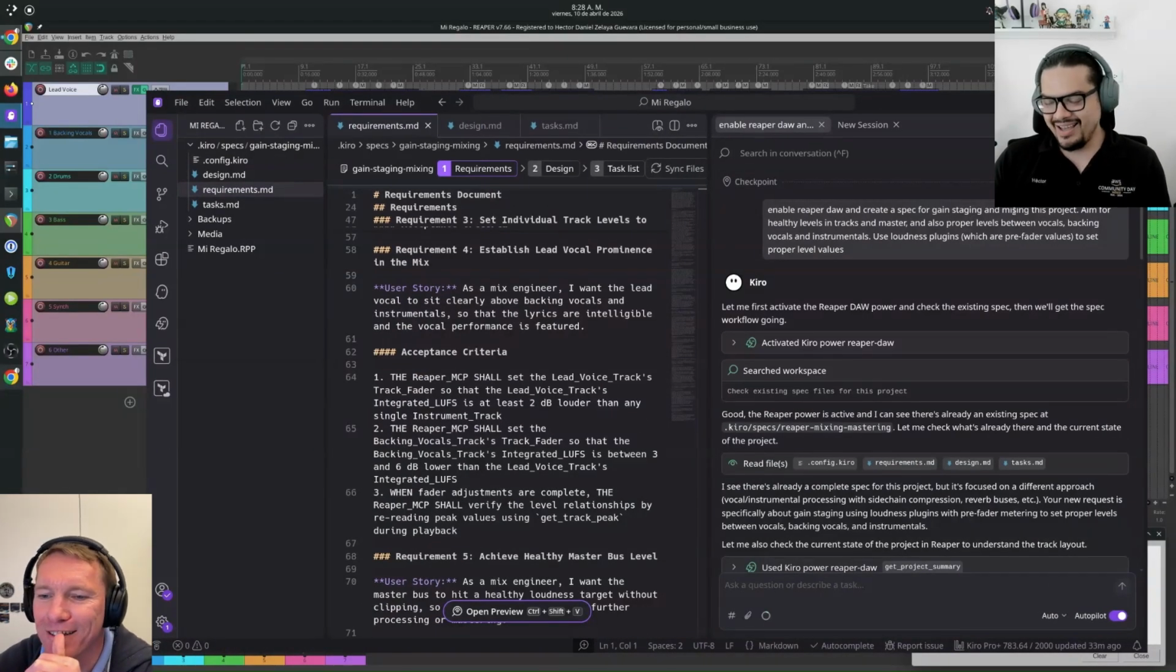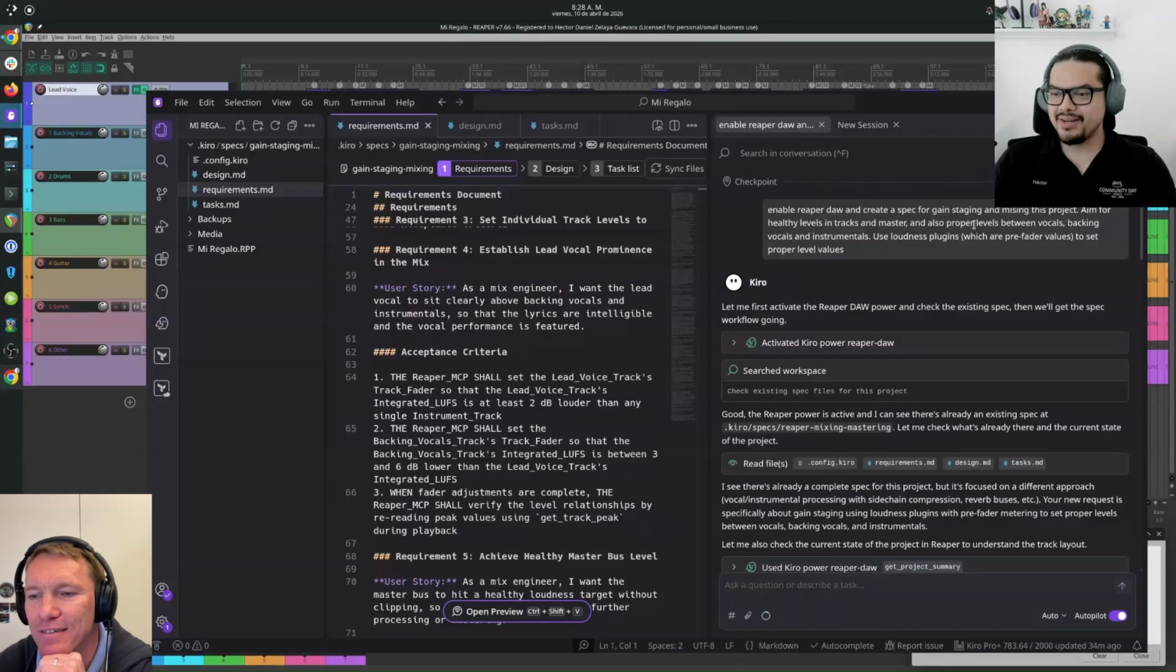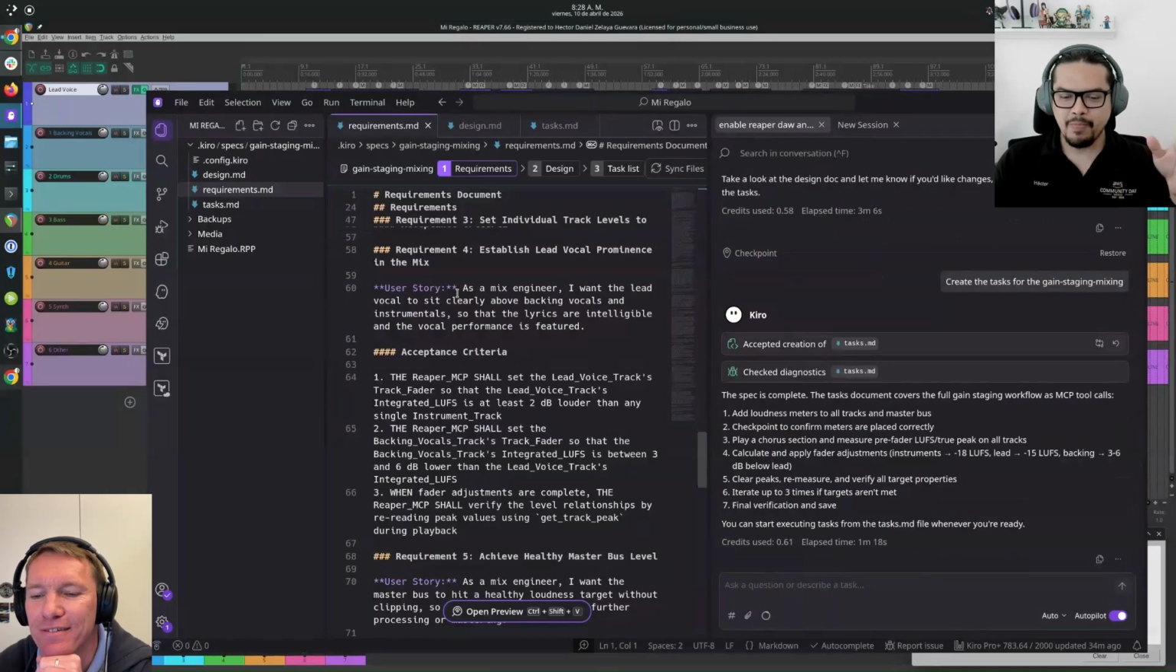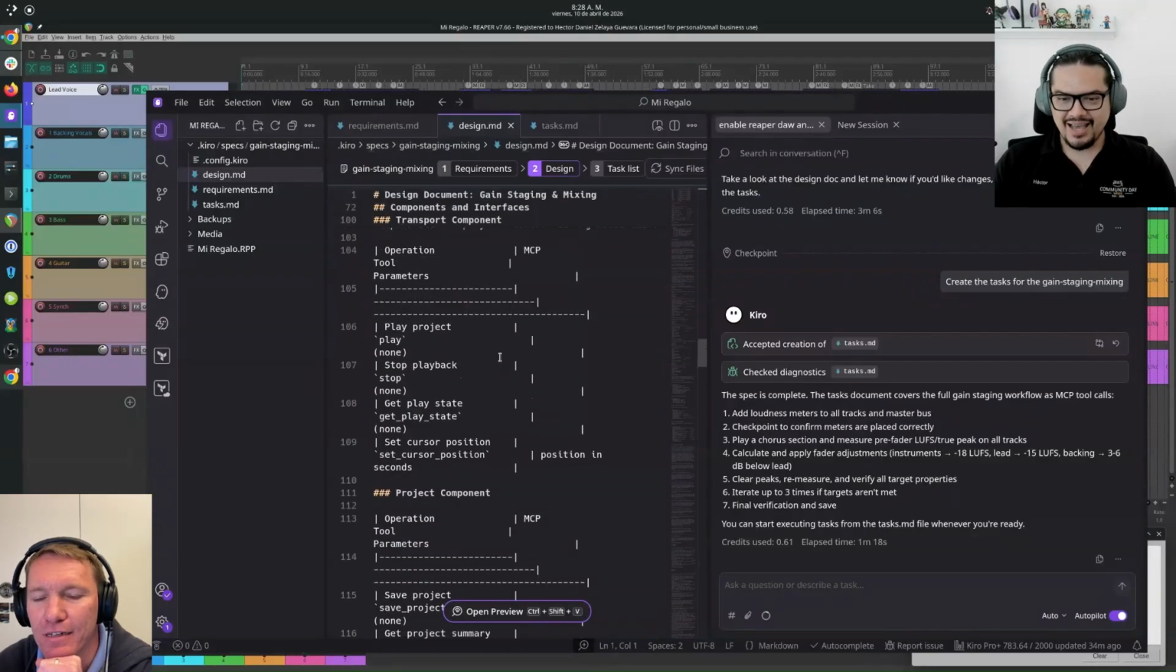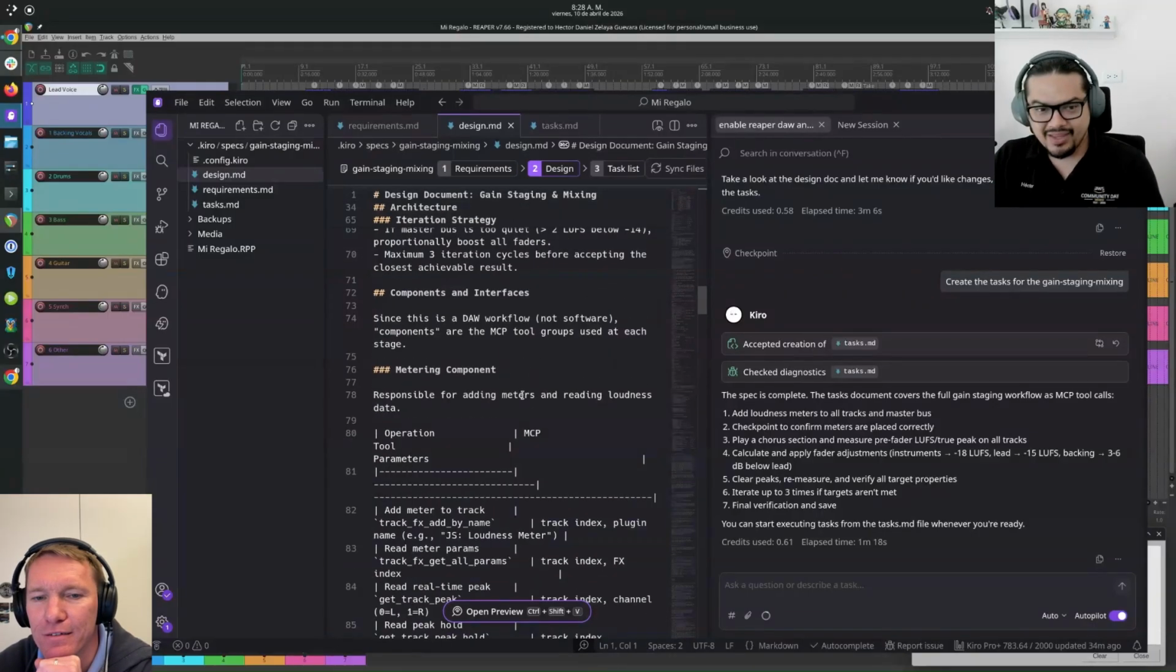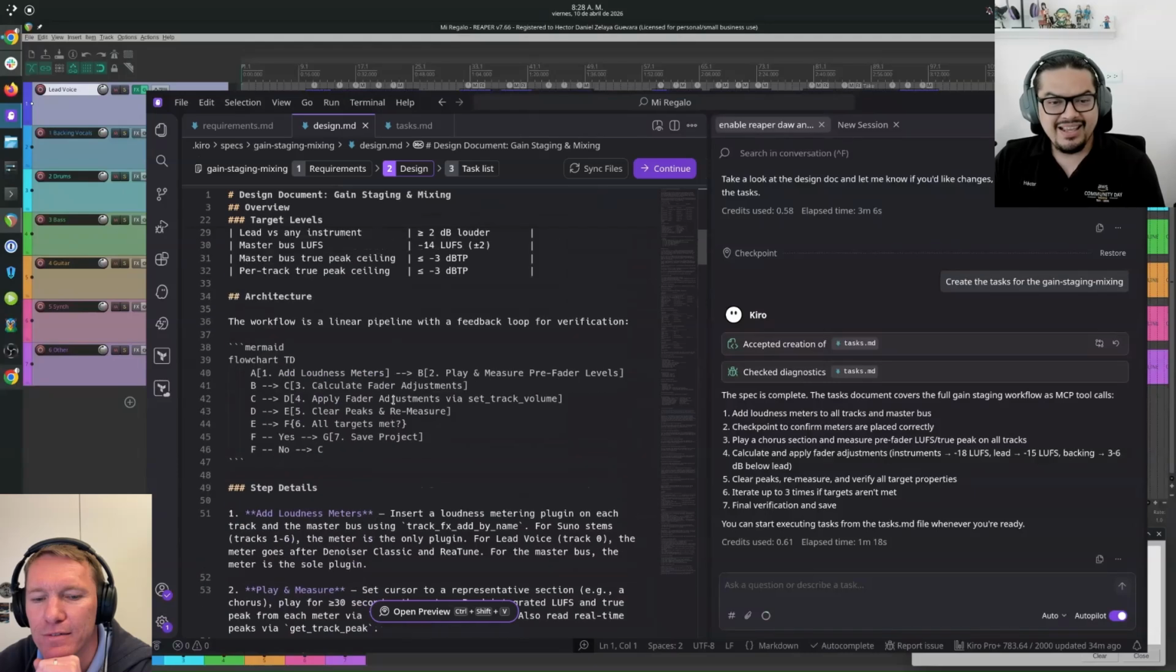Also mixing, although I had a typo here for mixing, and I set the main requirements. We are aiming for healthy levels on the tracks, on the master, and also proper levels between vocals, backing vocals, and instrumentals. Use loudness plugins with prefader values to set proper level values. Kiro created the three usual files: the requirements, the design, and one interesting thing here is that in the design,